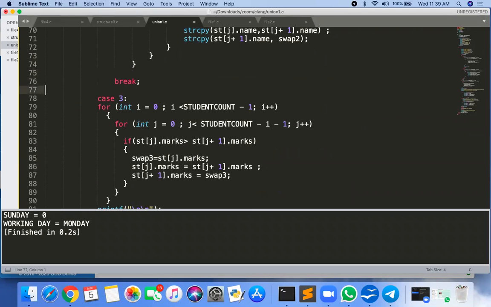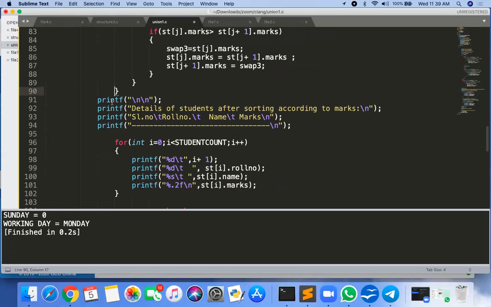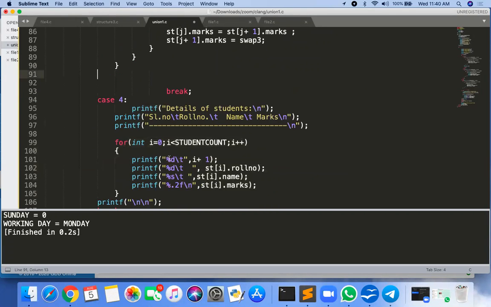Okay, and case 3. For loop, yes, done. And again, remove this.